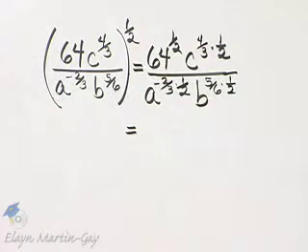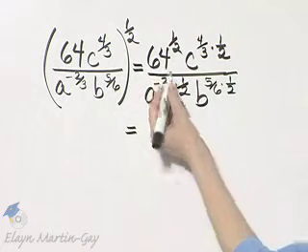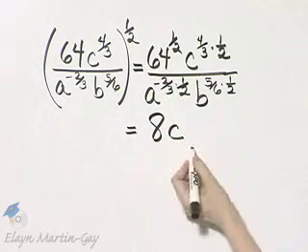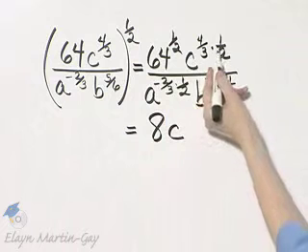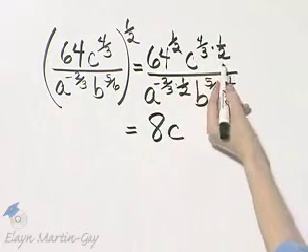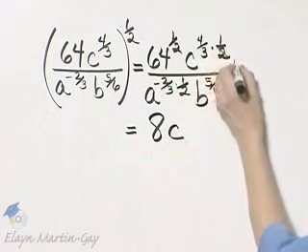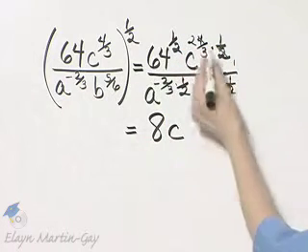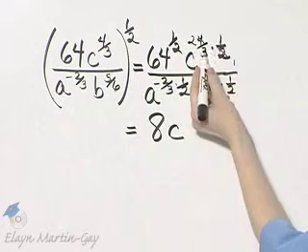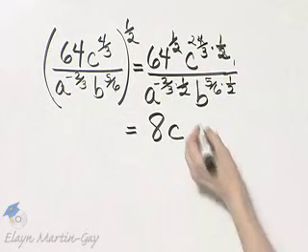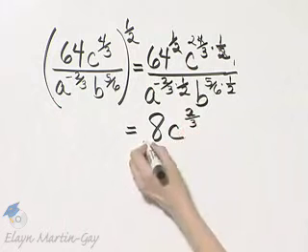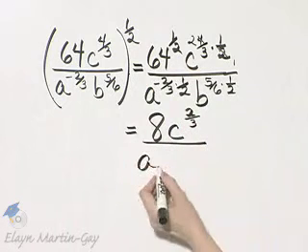By the way, what is 64 to the 1/2 power? That is the square root of 64, which is 8. And then I have c raised to a power of, we're multiplying fractions, so we can go ahead and look for common factors, and we have a common factor of 2 here. That's 2 times 1, or 2, over 3 times 1, or 3, so that's c raised to a power of 2/3. In the denominator, I have a.